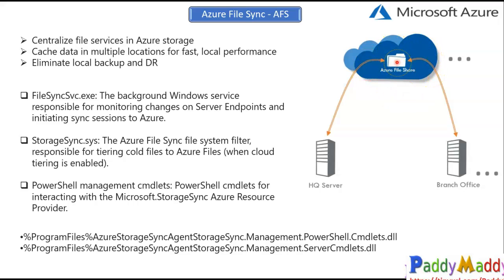Technically, you create an Azure file share, and that share gets synced here. For doing that sync, you use a sync agent, and that agent also uses some PowerShell commands. To use those PowerShell commands, you need to have Azure RM, a resource provider, installed on your server. Then it can sync to your endpoints or groups, and replicate to the other branch offices also. From the user point of view, there will not be any change, but from the data backup and disaster point of view,